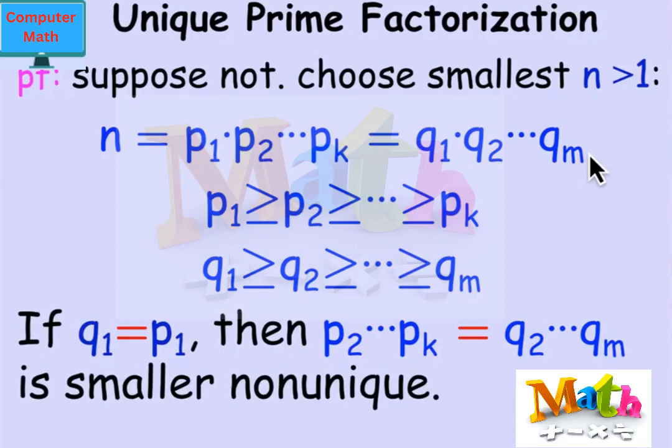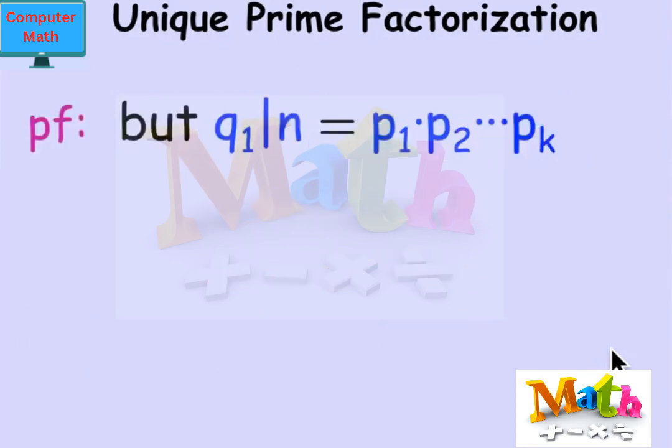Well, that's not really possible, because if q1 is equal to p1, then I could cancel the p1 from both sides, and I would get that p2 through pk is equal to q2 through qm, and these would still be different since they were different and I took the same thing from their beginning. I'm left with a smaller number that does not have a unique factorization, contradicting the minimality of n. So in short,